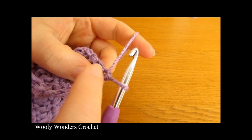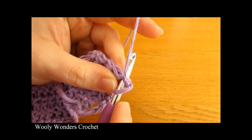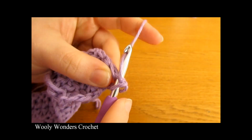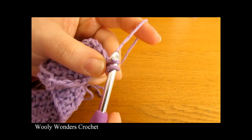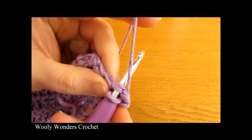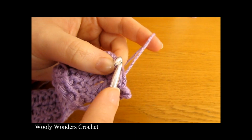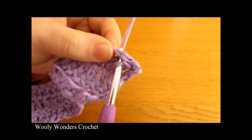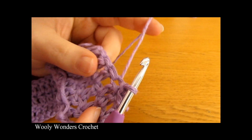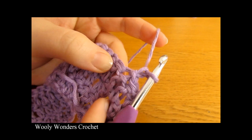And now we're going to go down into this very first stitch here. So go down into this first double crochet and work a slip stitch. So yarn over and pull through both loops on your hook. And then you want to do a slip stitch into the next stitch, so into the second stitch along, and then the same thing into the next one. So we're starting off this round with 3 slip stitches,